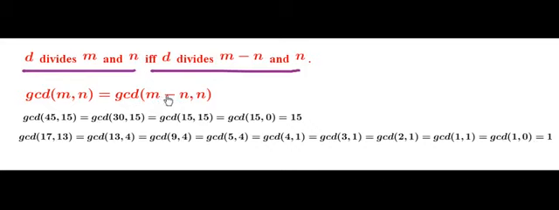Okay, so now there are two possibilities. The first possibility is m is a multiple of n. So if m is a multiple of n, then ultimately after this repeated subtraction, at some point of time m will become n, and then that particular n will be our answer. So if you consider this first case, 45 is a multiple of 15, and after repeated subtractions, at one point of time both the values will become 15, and that 15, which is nothing but n, is our answer. So that is about the first case.